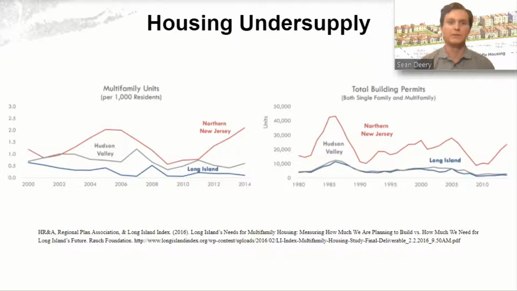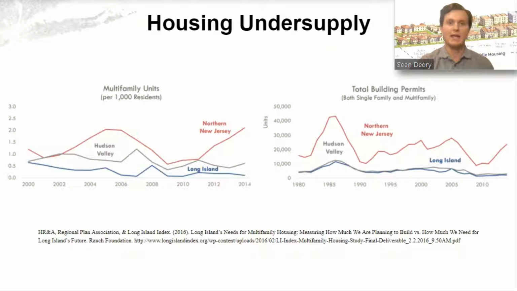With Long Island being such a popular place to live and a broad restriction on the types of housing that could be developed, Long Island quickly became undersupplied in its housing market. Multifamily development was still increasing up to the 1970s, but as Long Island's multifamily parcels became more scarce, a 210% decrease in the construction of apartment buildings occurred from 1980 to 2000, followed by another 30% decrease from 2000 to 2010.